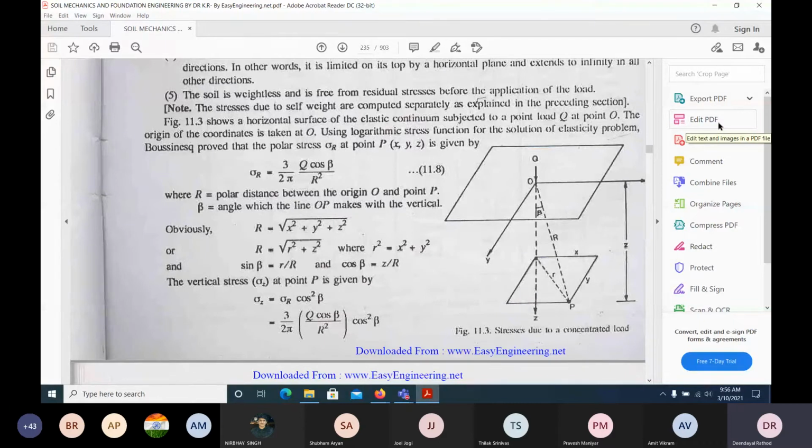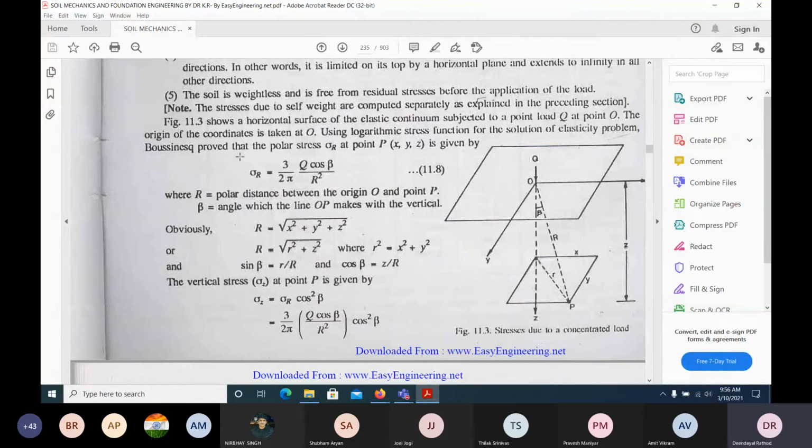Obviously we can write R equal to the square root of x square plus y square plus z square, or you can write it as r square plus z square, where r is nothing but x square plus y square under the root. What is sin beta? r by capital R. What is cos beta? z by R. Is it not? So what he says is the vertical stress